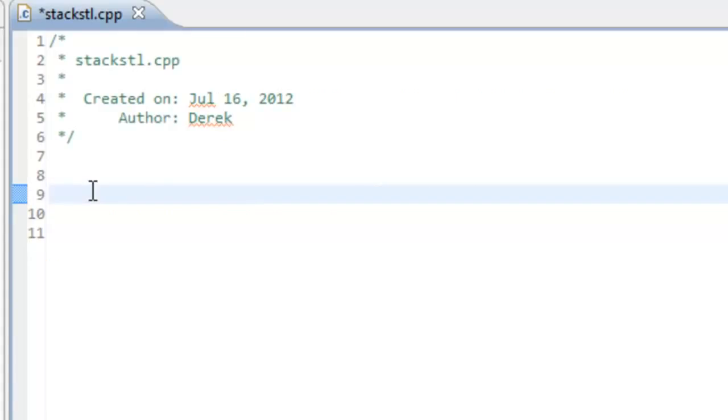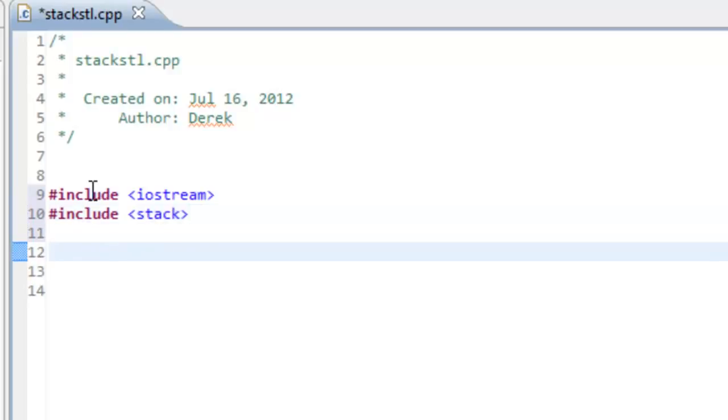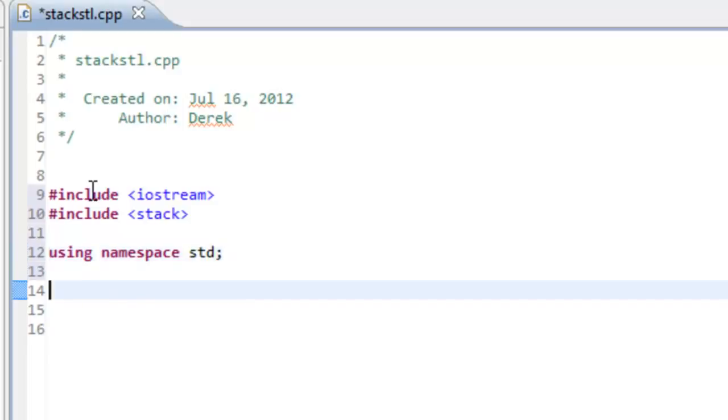All right, so we're over in Eclipse now, and I've already created a project, and I've also created a CPP file called stack STL. So what we'll do now is just do our pound include. We'll do a pound include for iostream, since we'll be making use of cout. And in order to make use of the standard template library stack class, we have to do a pound include for stack. So angle bracket stack. Very much the same as what we did with the vector class when we wanted to make use of the STL vector class. We'll now do using namespace std